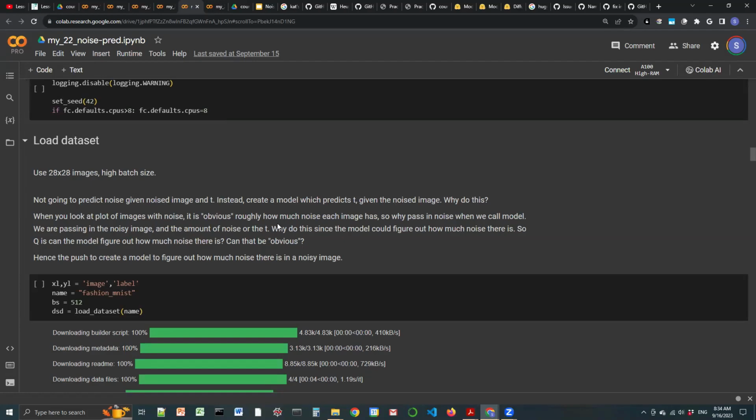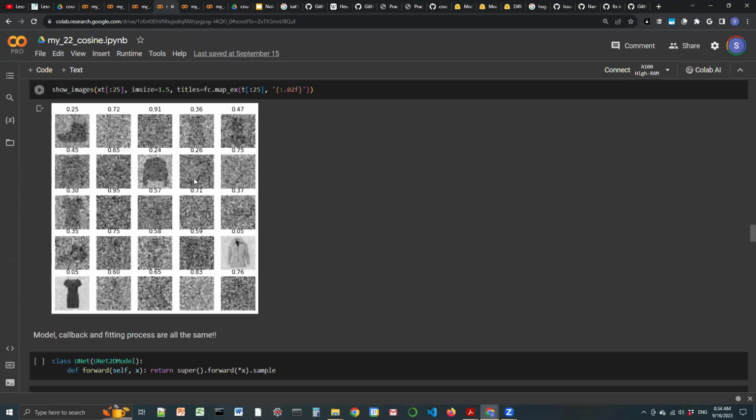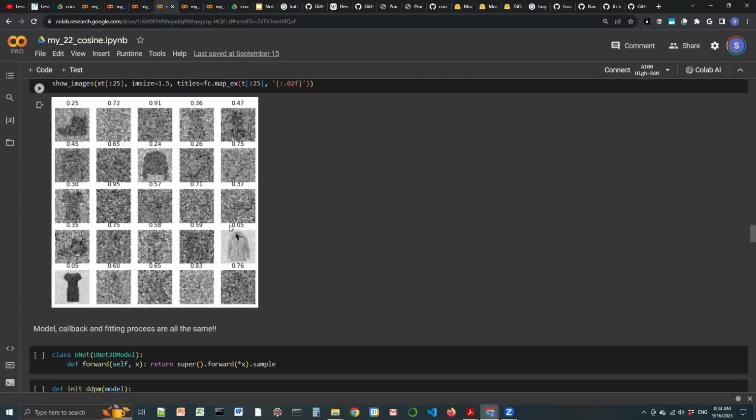So his point is, when you look at a plot of images with noise, it's obvious roughly how much noise each image has. We saw that even in the prior notebook where I showed you the various amounts of noise added. So he says, wait, if we can see that there's less noise here, and we can see there's a tremendous amount of noise here, and there's kind of intermediate levels of noise here, why can't a network detect this without us also providing this,